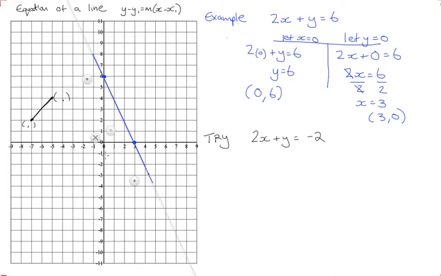Now, this equation, 2x plus y equals 6, this equation represents this line. And the way I found out how to draw this line is I found where this line, this equation, crosses the x and y axis. Every line that's drawn on this xy axis, on this Cartesian plane, every line has to cross the xy axis